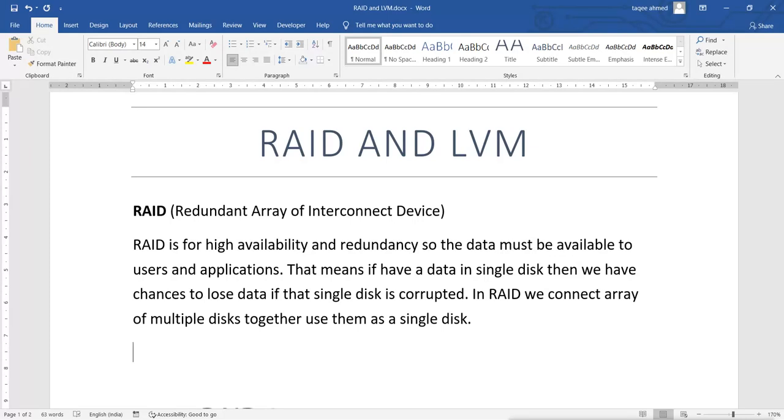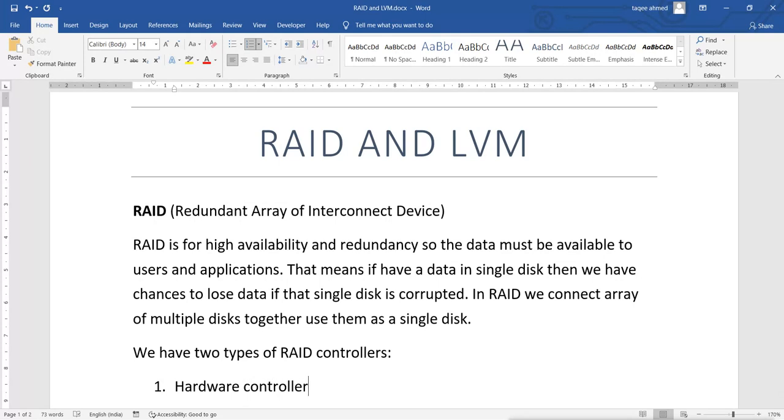Now we have two types of RAID controllers. The first is the hardware controller. Now, what does a hardware controller mean?